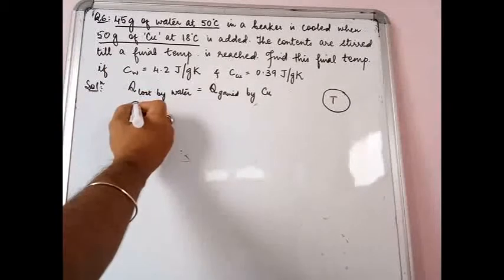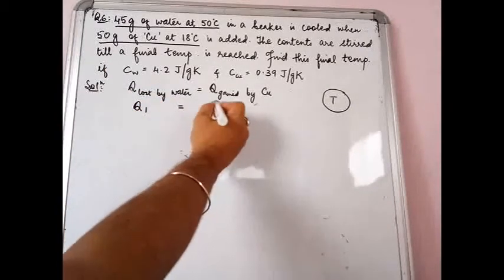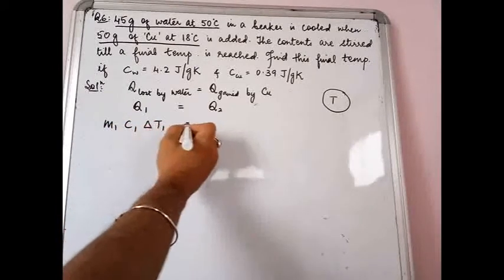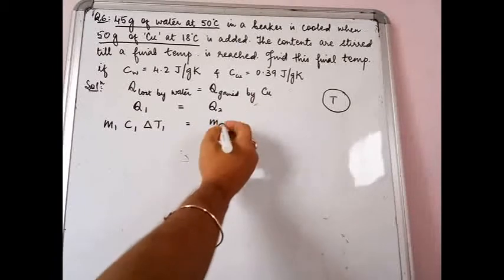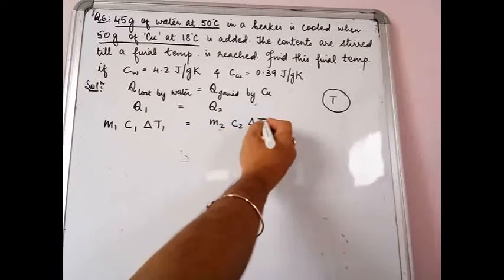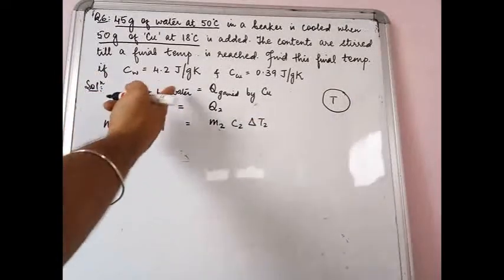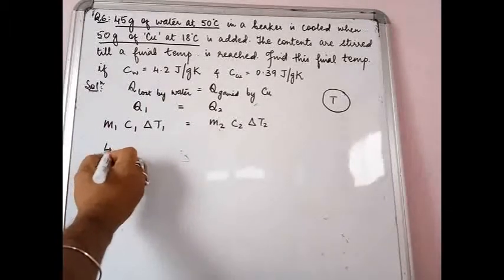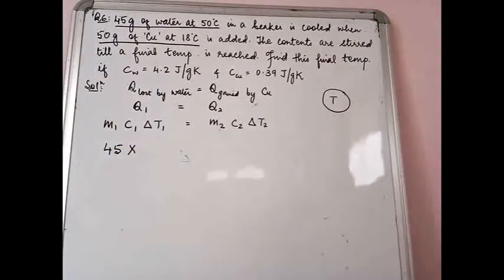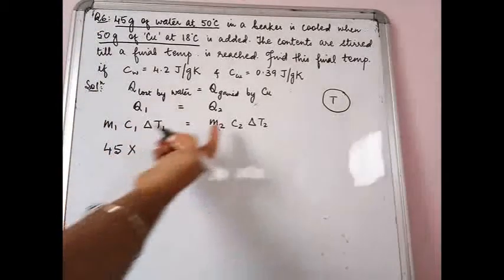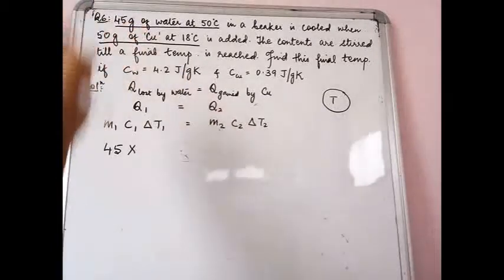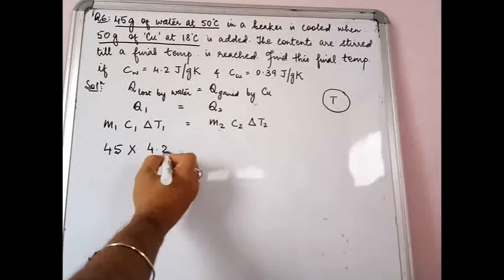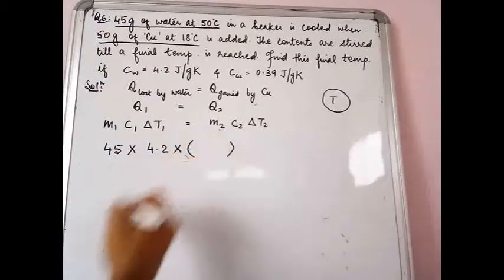Okay, so once again let us write this down as Q1, let us write this down as Q2. So this becomes M1 C1 delta T1 and this becomes M2 C2 delta T2. Remember, the left side is the hot body, which is water, because it is losing heat. Okay, what is the mass of water given? 45 grams multiplied by, again I am not converting this into kgs because on the right hand side also you have same gram. Okay, so C1 means C for water, so that is 4.2 multiplied by, now the change in